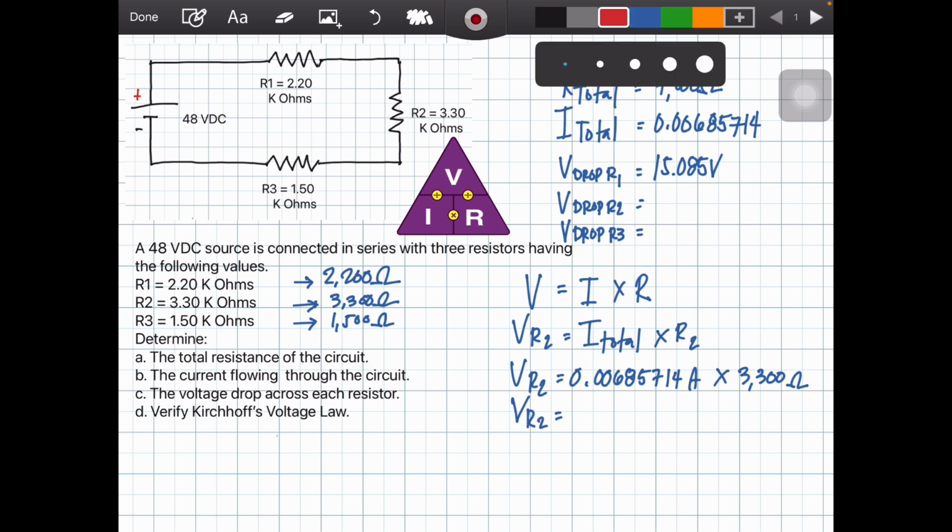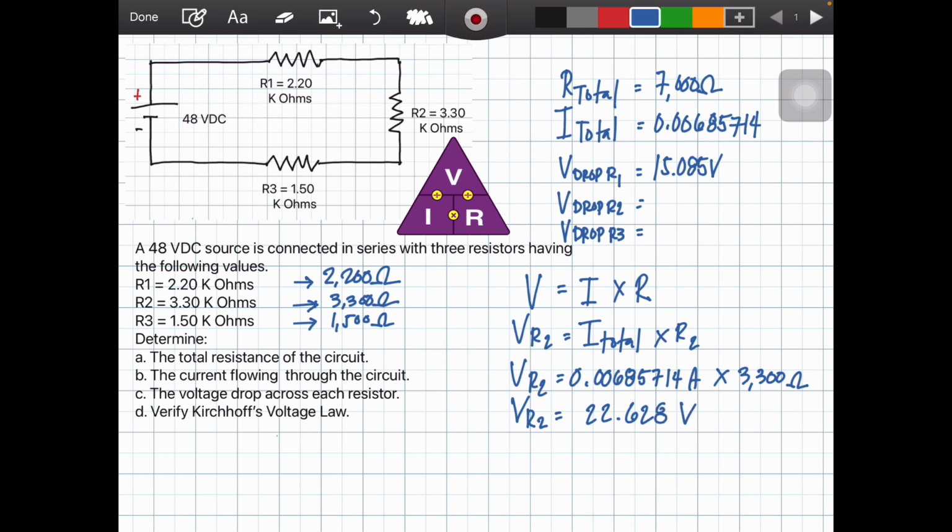We multiply these two values, the current and the resistance, and you get 22.628